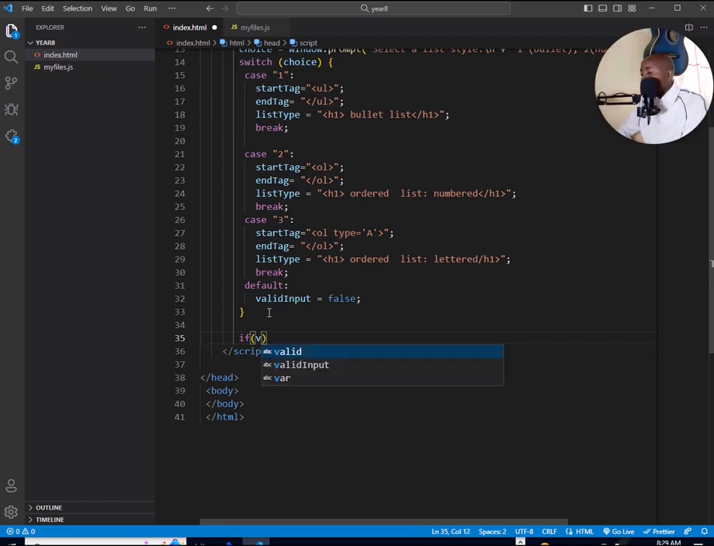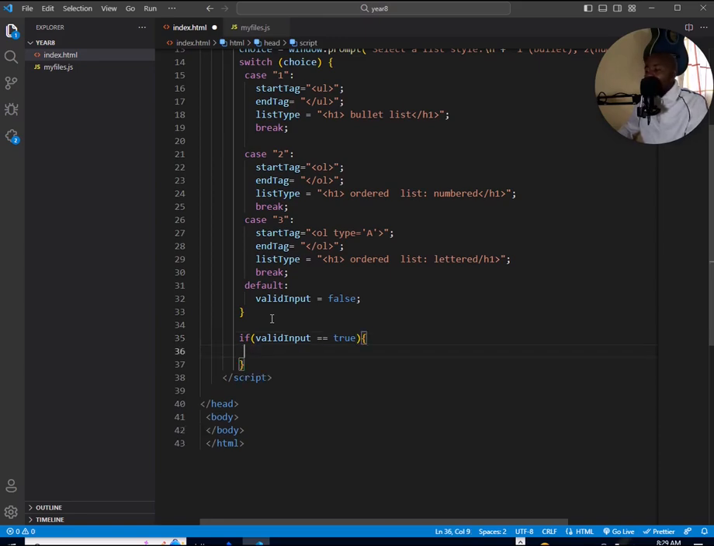So we have the input, we have the if statement, so we write valid input. Is it equal to true? Is our input valid? So we have to put the bracket there. So if it is true,